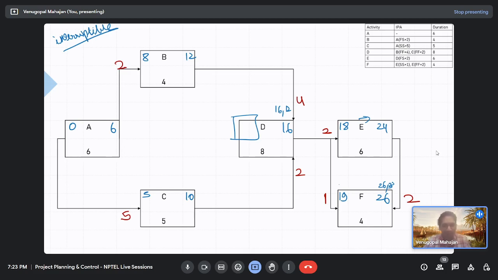What is the early start of activity D? It may be from 0 to 8. So what value should I put here? 0 to 8, I mean 9 values you just told me.